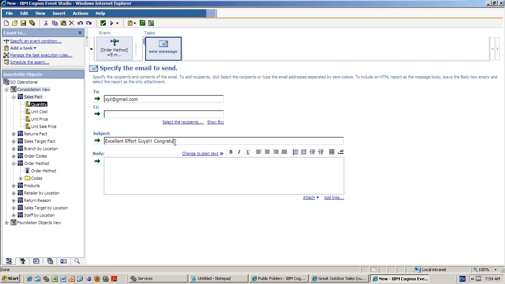Hi. Good work. Whatever you want to write, because it's a pre-customized, composed mail, you write whatever you want. Good work. Keep it up. Something you write to them.